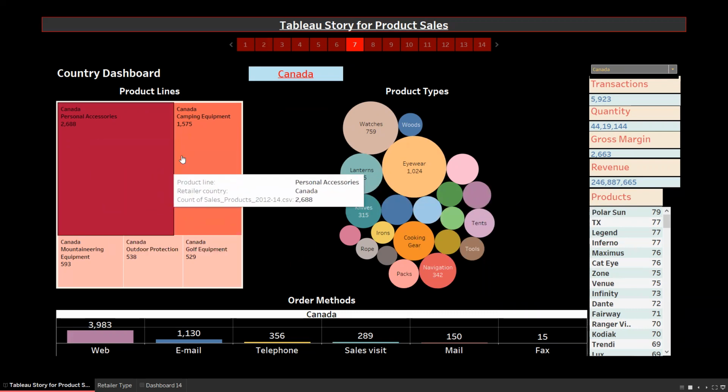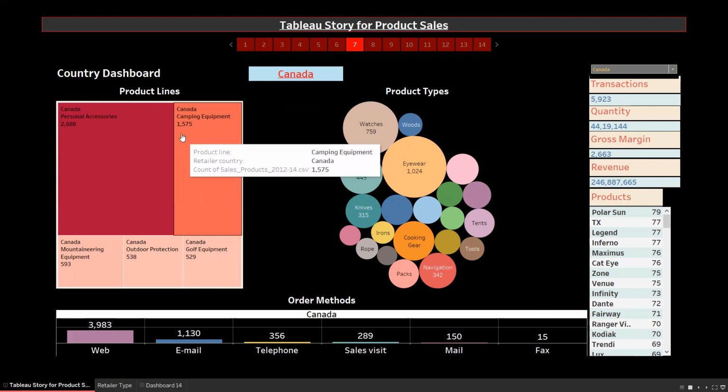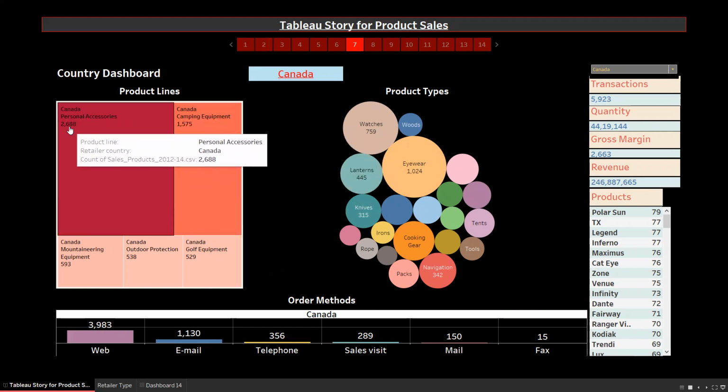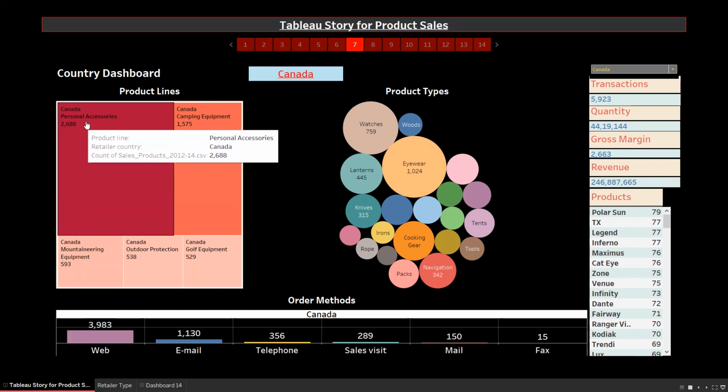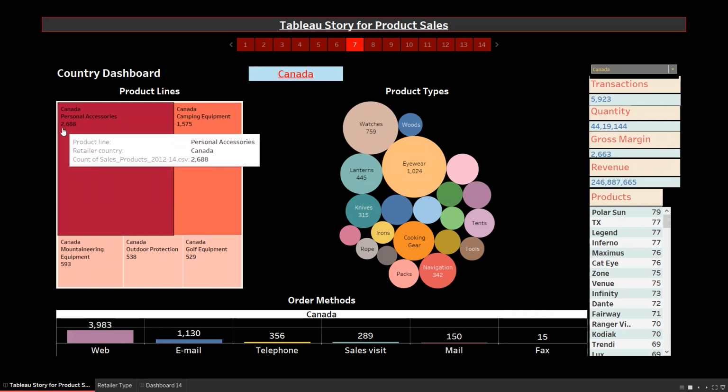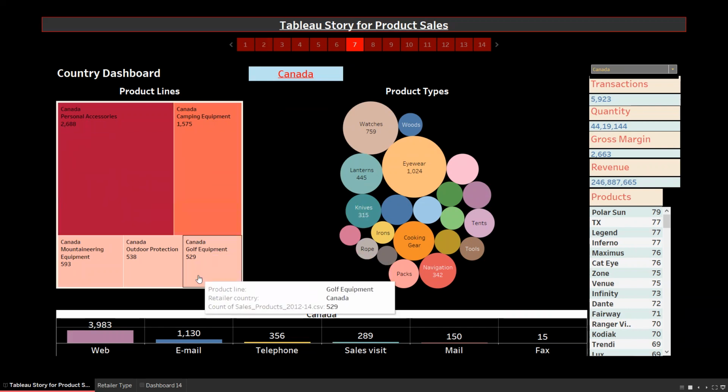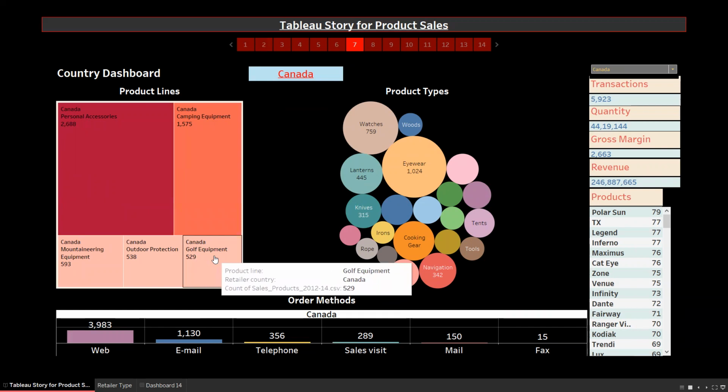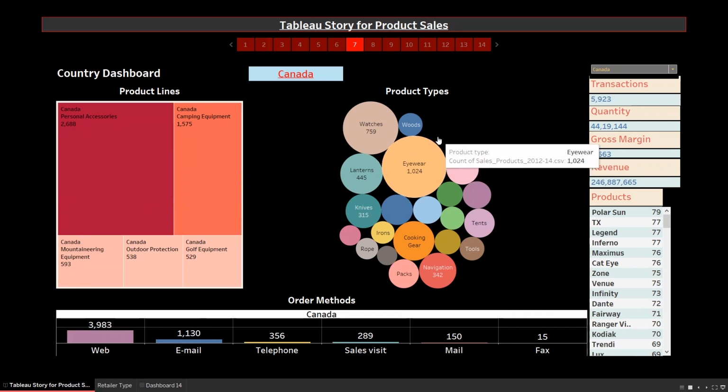So which product line has sold maximum, has done the maximum transaction, that is shown here. The product line personal accessories has made the highest transaction of 2,688, and the lowest is for the camping equipment. And also in this chart, we have a product type.